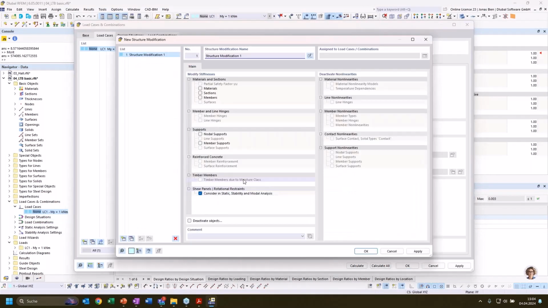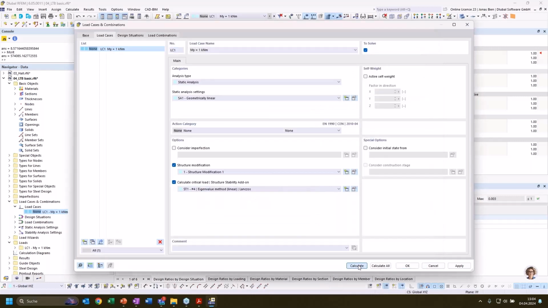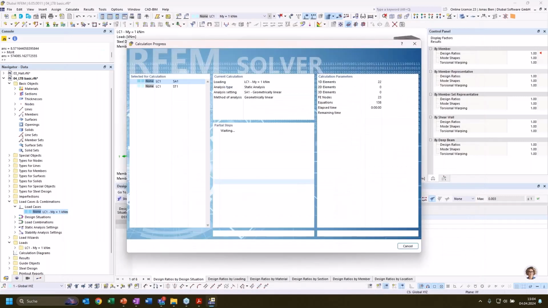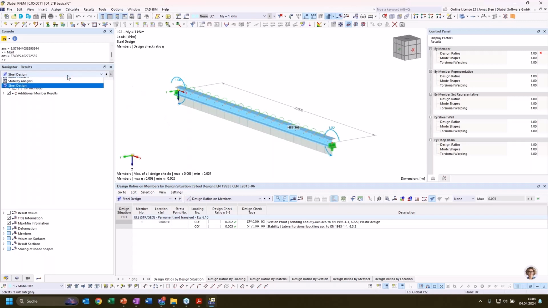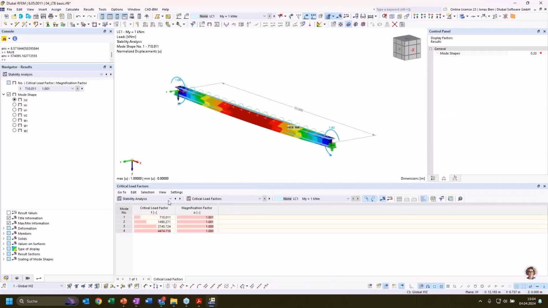And here we just need to activate the option to consider shear panels and rotational restraints also in static, stability, and modal analysis. So before, it was only possible to take these shear panels and rotational restraints into account in the design, so in the LTB design within the design add-ons. But now we also moved this possibility to the global analysis,